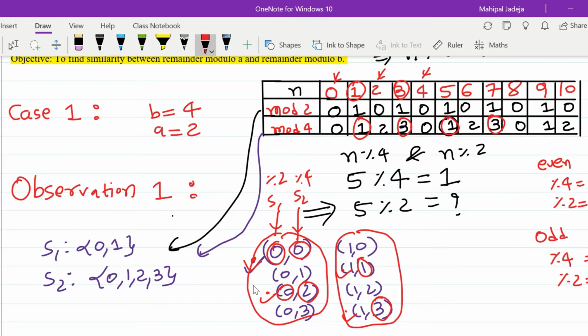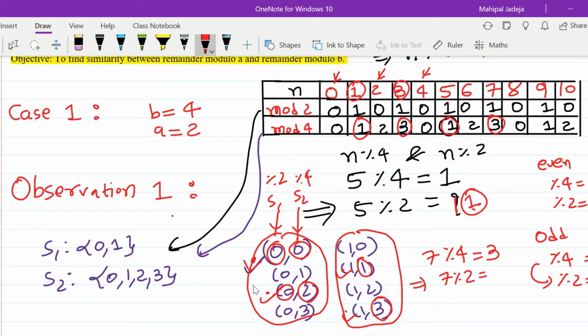So that means in this particular case, if I am saying 5 modulo 4 is 1, then I am sure that the corresponding number with respect to modulo 2 will be nothing but 1, right? I can answer this. So let me take one more example. Let's say 7 modulo 4. So 7 modulo 4 is 3, and from this I am asking what will happen if I take modulo 2